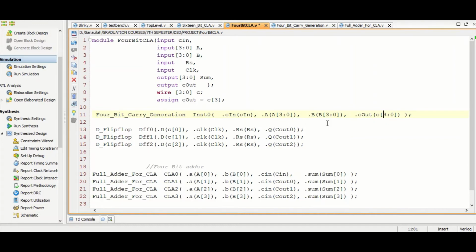These couts will be fed into the D flip-flops like this: C0, C1, C2.